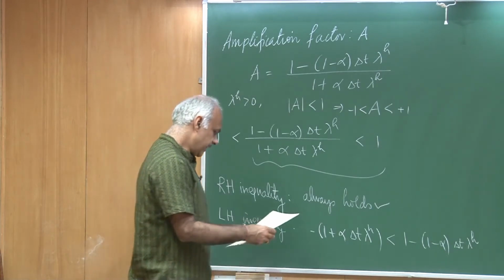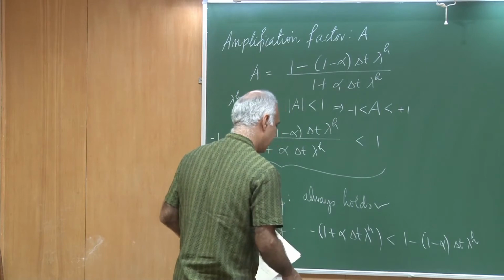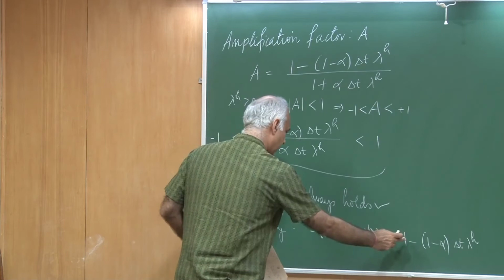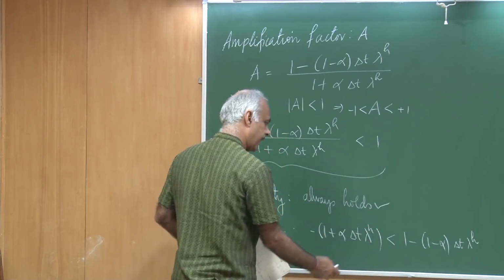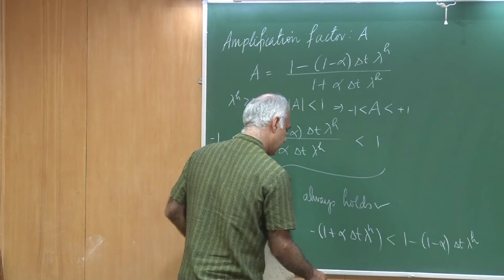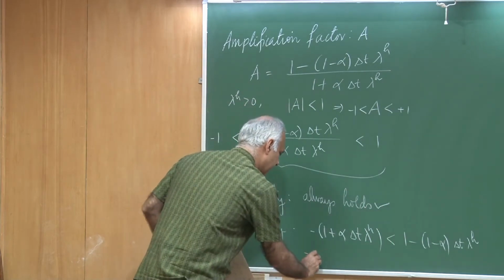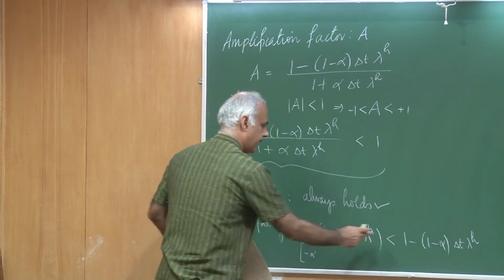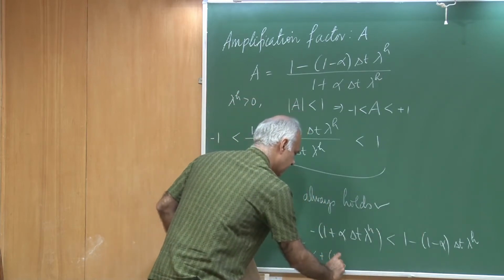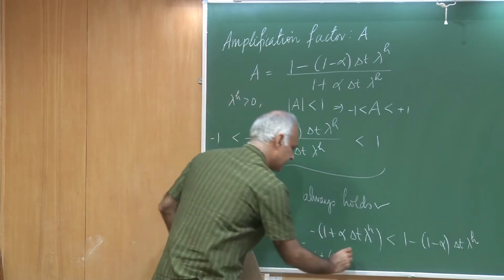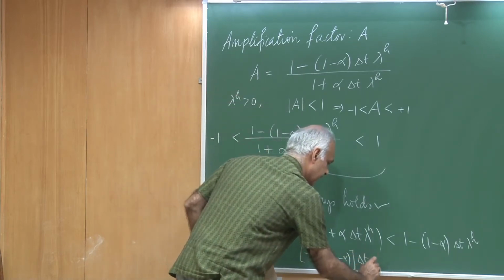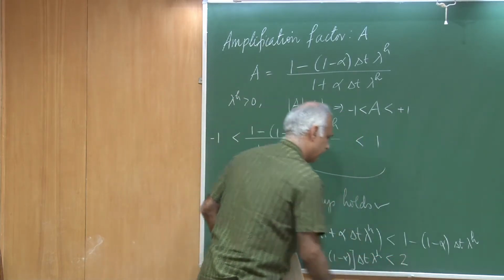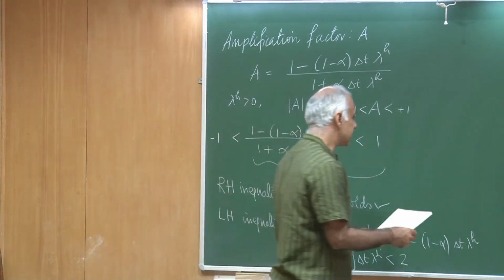So, I can try to rearrange these quantities. So, I shift this one to the other side and I bring the other quantities over here. So, I would get the following: minus alpha, and here I would get plus 1 minus alpha delta t lambda h. This is less than 2, and then I can rearrange this and write the following,